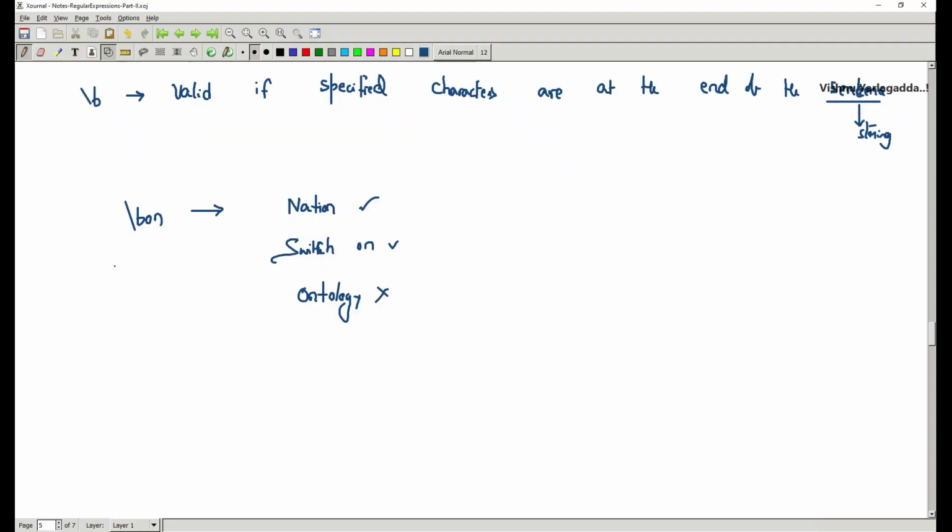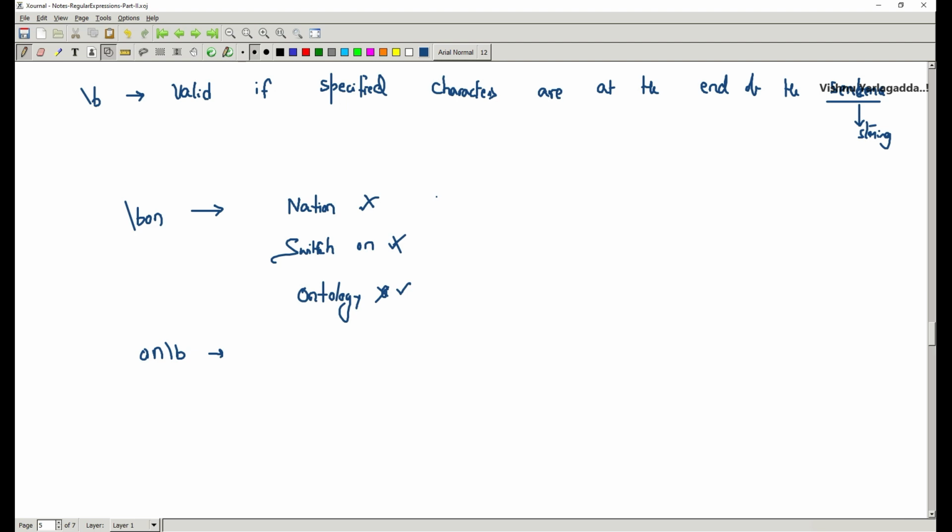One second, let me check this. Yeah, there is a problem with the on\b, which is not working. Actually it should work: \b_on should be off for this and on\b should be true, so they will be reverse.